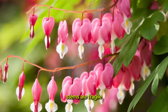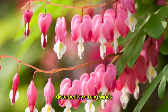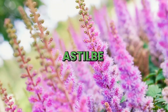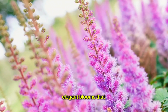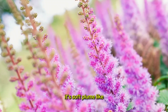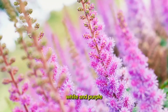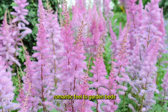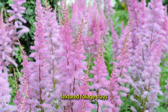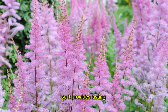However, since its stems are fragile, it's best planted in a spot where it won't be disturbed by strong winds or heavy foot traffic. Astilbe is a fantastic choice if you want feathery, elegant blooms that thrive in shade. Its soft, plume-like flowers come in shades of pink, red, white, and purple, so it adds a dreamy, romantic feel to garden beds. Moreover, its deeply textured foliage stays attractive even after the flowers fade, so it provides lasting beauty